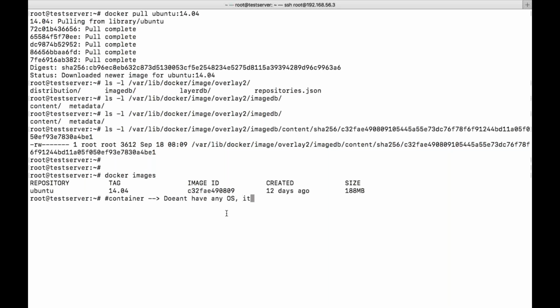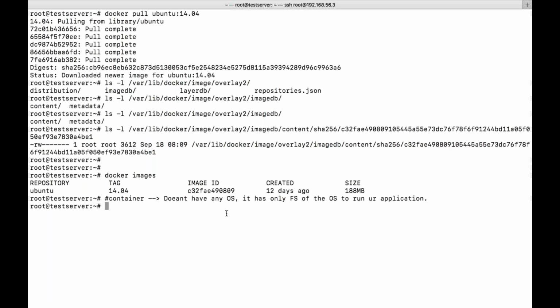It has only libraries and binaries, or we can say the file system of the operating system, to run your application. Okay, so this is how it is. It doesn't have any operating system. It has only a file system of the operating system.